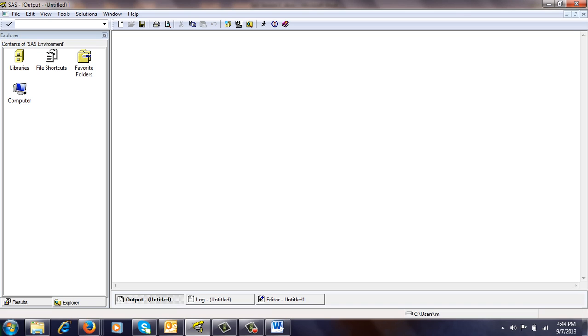The output window is used to see the results generated by SAS. All the procedures that generate reports will display in this output window.